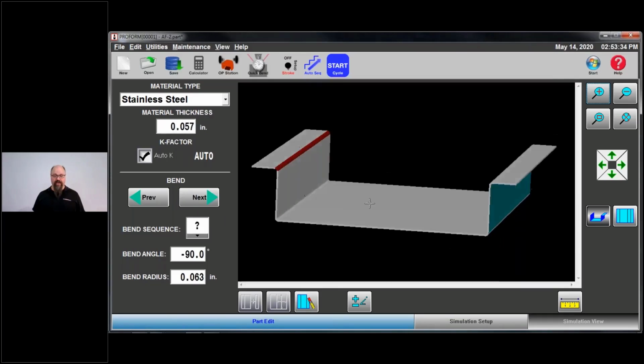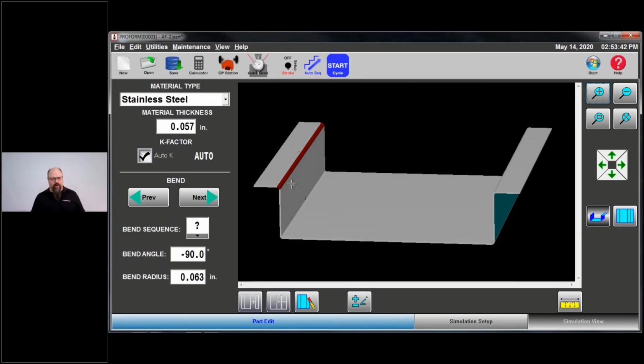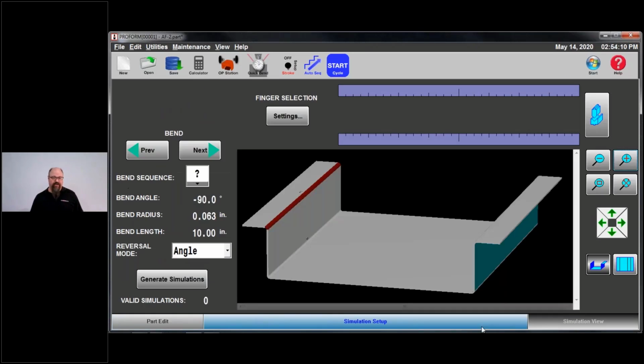So I click OK, and there it is. Now we're back to where we were with the actual layout drawing. You'll notice all of the values have already been filled in from the drawing, but now I don't have the ability to edit my flange dimensions. I flatten this out, and I cannot edit my flange dimensions because it was a drawing. If I wanted to change the dimensions, I have to go back to the DXF and change the values there. Fold it back up, same thing as before.